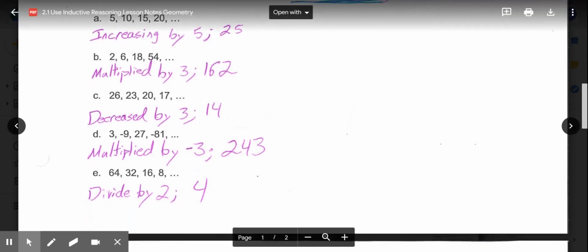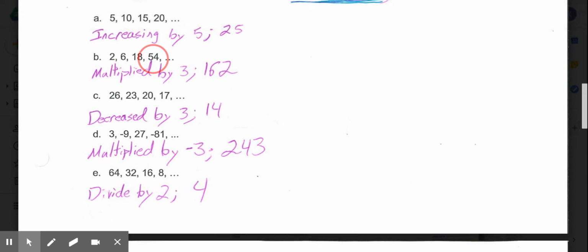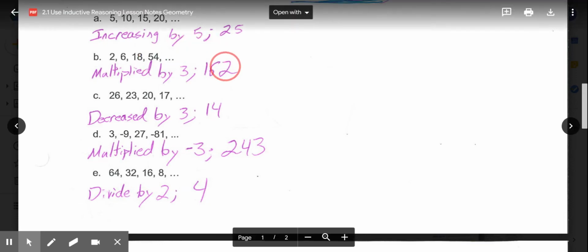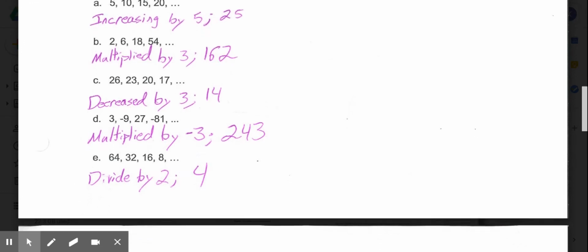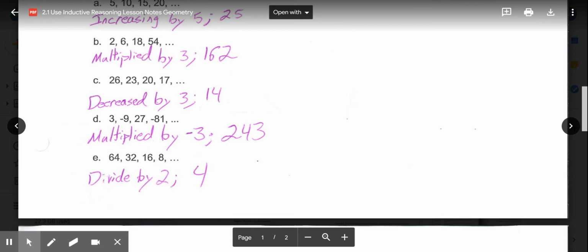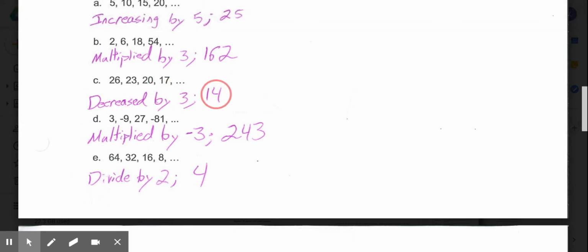At B, we have 2, 6, 18, 54. So what's happening each time is they're multiplying by 3. 2 times 3 is 6, 6 times 3 is 18, 18 times 3 is 54. 54 times 3 will give us our next number of 162. In C, our list starts at 26, then 23, 20, 17. So each time, describing the pattern, they're decreasing by 3. So our next number would be a